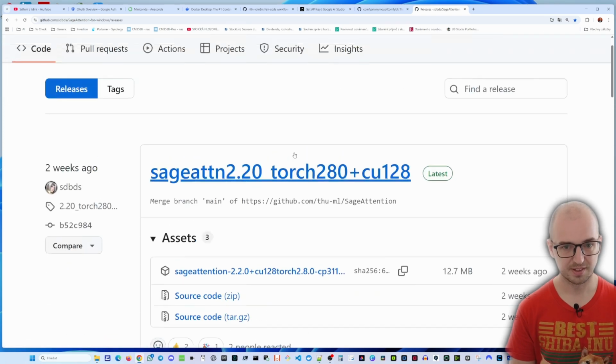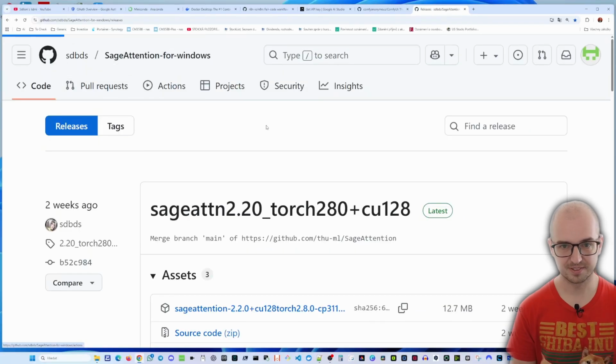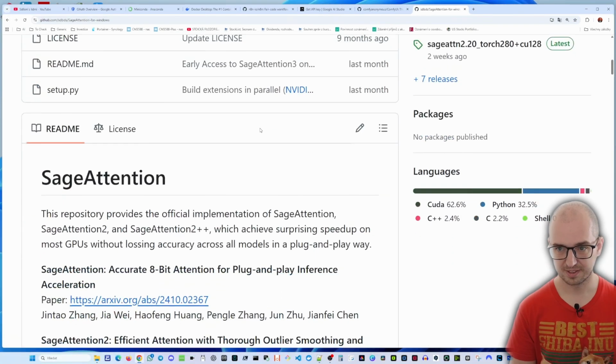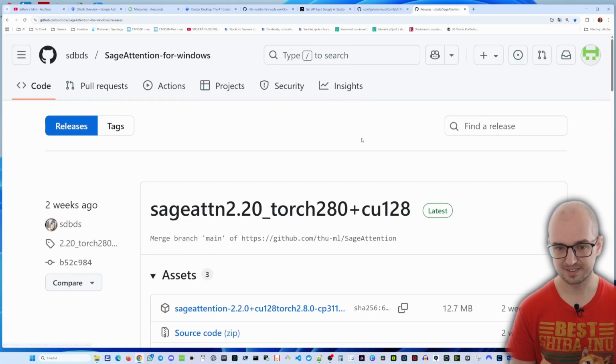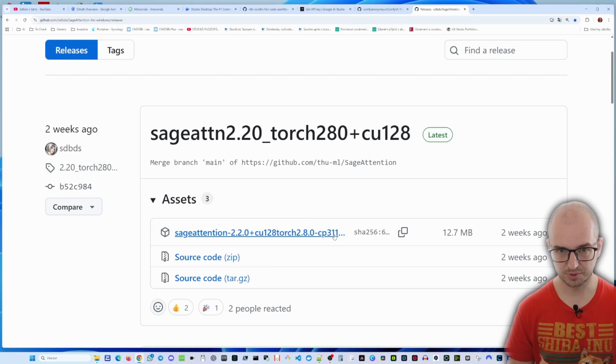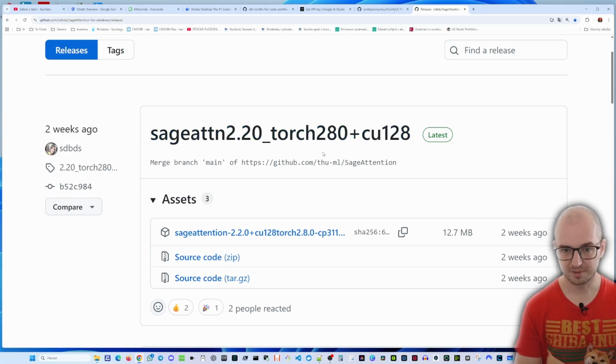You can see the documentation here inside SageAttention for Windows. There is also mentioned how to install it. And as I was inside the releases, there are 2 things. Either you will have to fully compile it yourself, or alternatively, if you use this Python 3.11 package, you just download this package, which is already built and compiled, and you only install it through Python. Again, it's mentioned inside the documentation how to do it, and then you will have SageAttention,